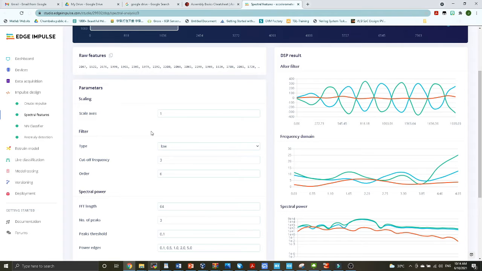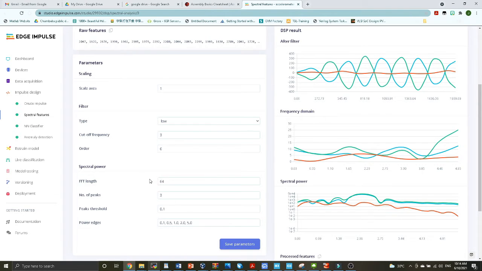Then the spectral power configuration is set with a fast Fourier transform of 64, 3 peaks, and 5 power edges. So at the end of this process, there will be 33 features generated in total for the input signal of the 3-axis accelerometer. The 33 features are generated from 1 value for the root mean square of the filter output,